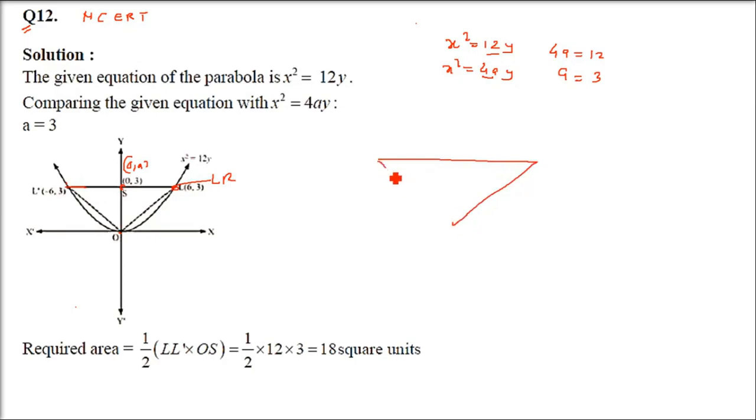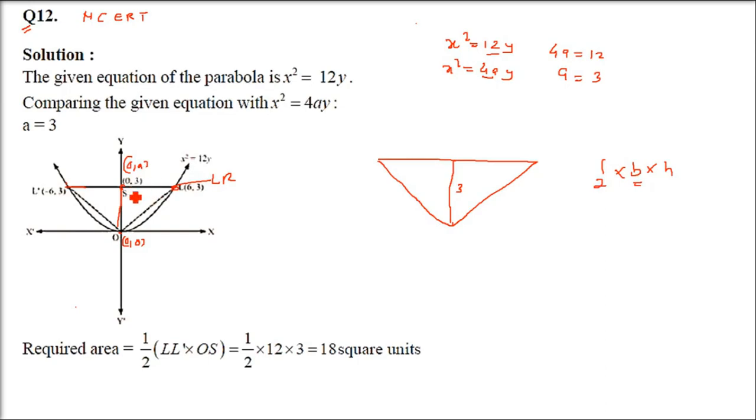Okay, this is the triangle. We have to find out the area. First thing is the point (0, 3) and this is (0, 0). So this perpendicular from one of the vertex to the other side is known. This is length 3. If the base can be found out, half into base into altitude, we can find out this area. So how is the base found?